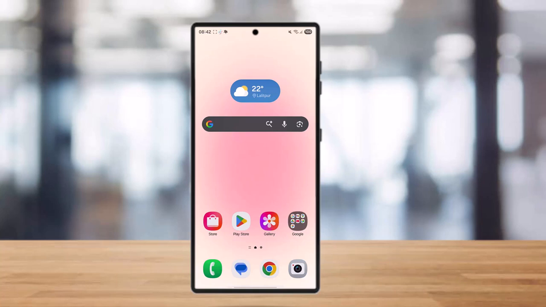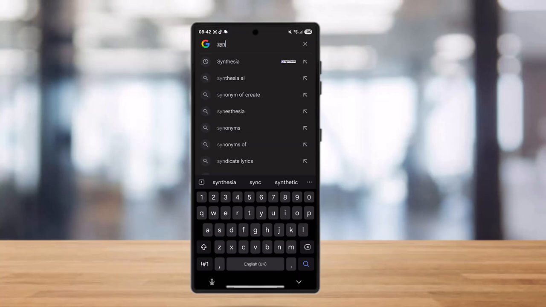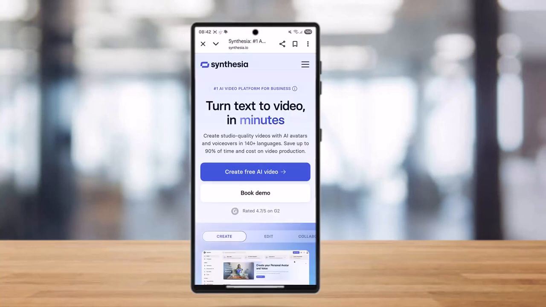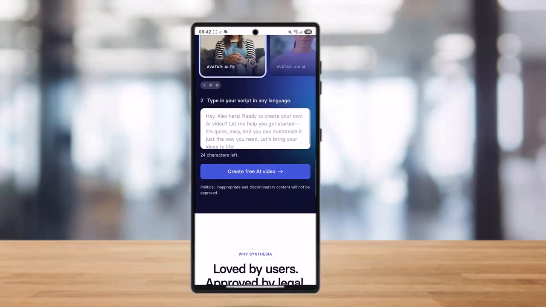So if you want to create a talking avatar with Synthesia, all you gotta do is simply go to Synthesia. Once you're on the Synthesia website, you need to use the stock AI avatars. However, before you start anything, you need to take a paid version of Synthesia to unlock much more features for